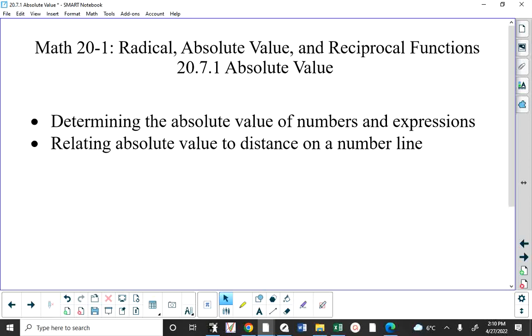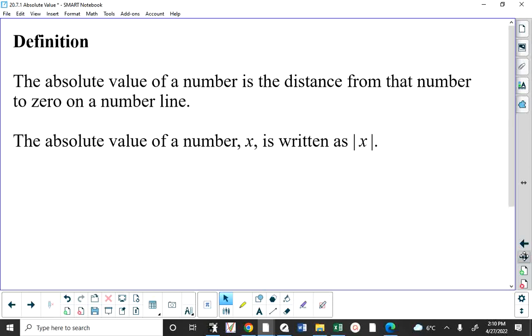Absolute value. Determine the absolute value of numbers and expressions and relate absolute value to distance on a number line. We have a definition here. The absolute value of a number is defined as how far that number is from 0 on a number line. And